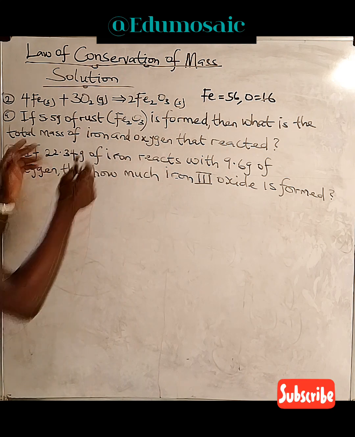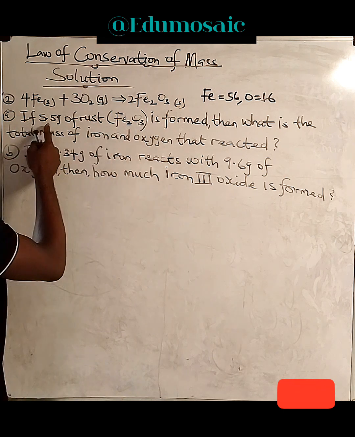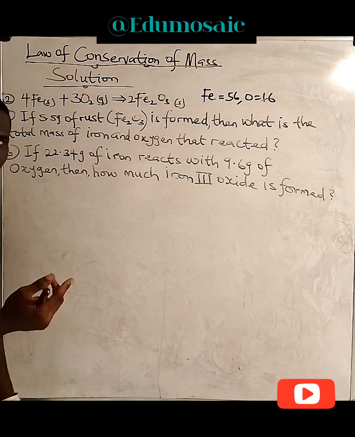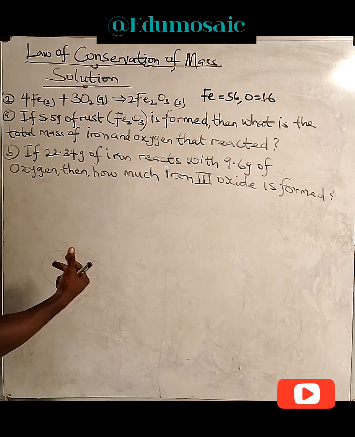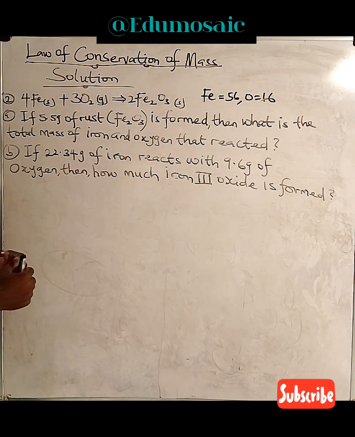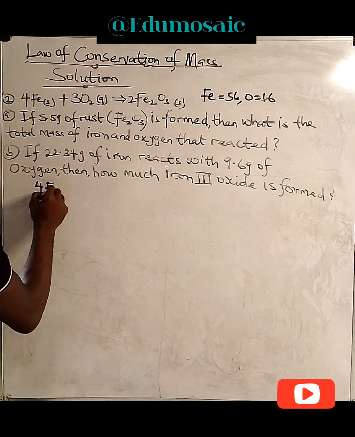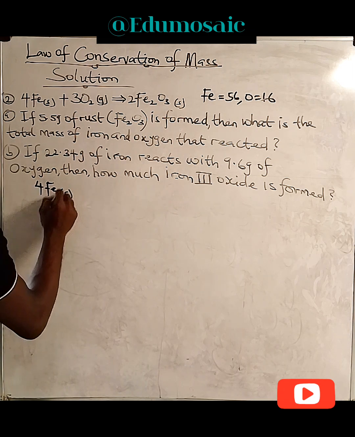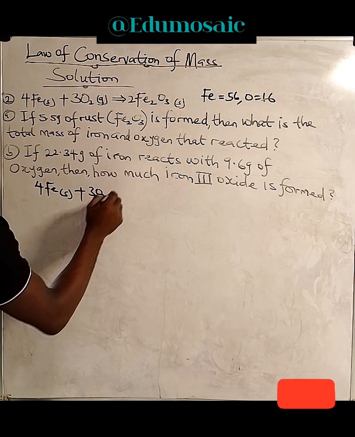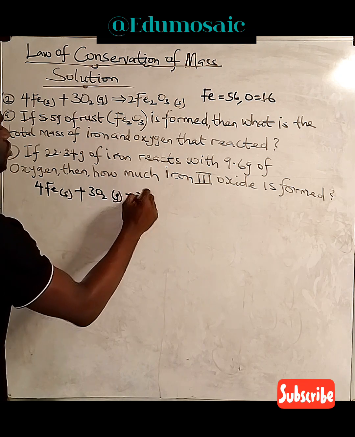Now let's see, these are experimental figures. 5.5 gram of rust is an experimental figure. So we're going to get our assumed figure, our theoretical figure. Let's see what that looks like. So let's write this out: 4 Fe, then 3 O2 gas, they give us 2 Fe2O3,